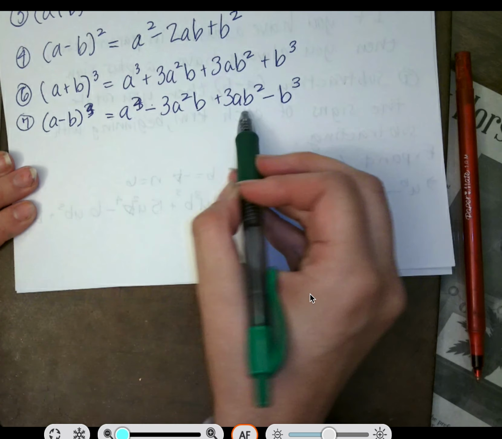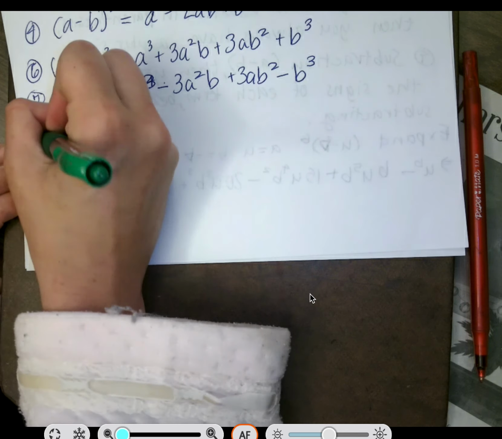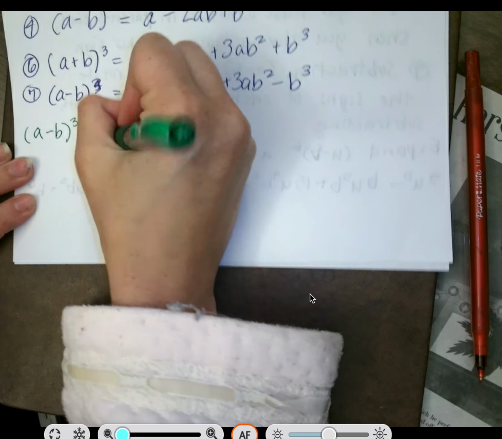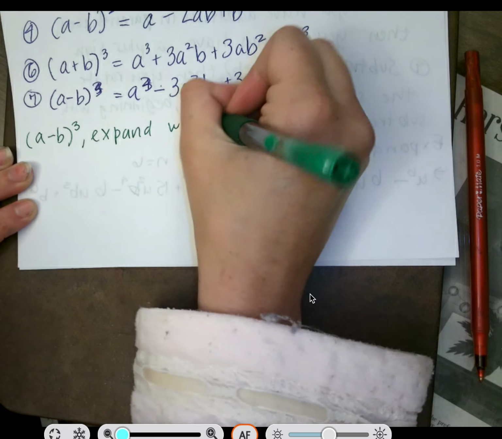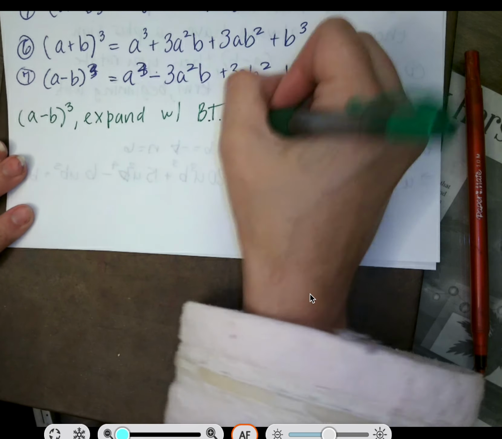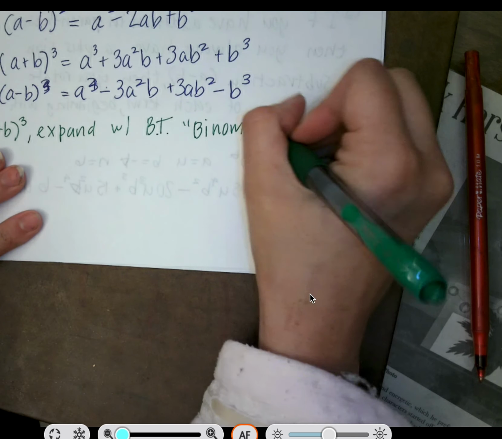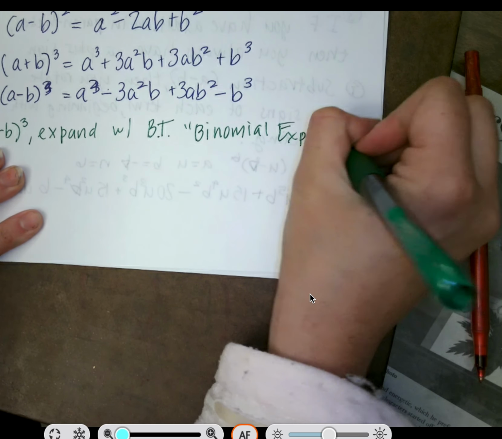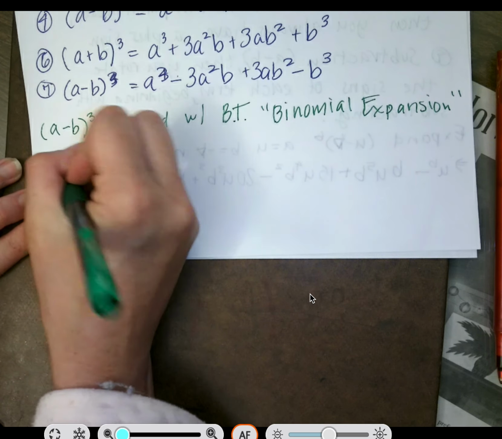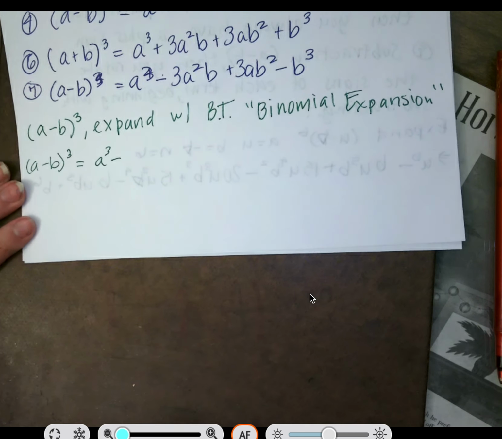This problem, identity 7 with the binomial theorem. All right, so we have a minus b cubed, and we want to expand with the binomial theorem, right? Which is called binomial expansion. All right, a minus b cubed is equal to, got our a cubed minus, for our first one, let's look